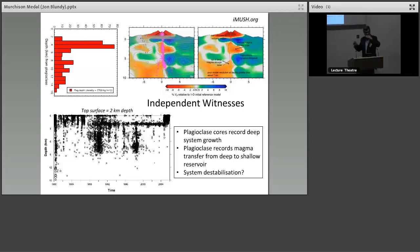It's the rather fractured rock at shallow level. But every few years, including in 1980 and then in the early 80s and the mid-80s, there are these earthquakes that extend down to, this is 9 kilometers below this point, which is actually already 2 kilometers deep, so it's 11 kilometers depth. We get these little splurges of earthquakes that rise from deep, and I suspect this is magma